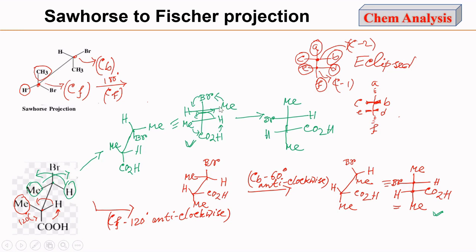So after the three group exchange on the two carbon atoms, we are seeing that this structure is resulted, and we can compare these two structures, that is this one and this one, that is both the two structures are similar. So we can keep any of the substituents on the chiral carbon atom along the vertical axis in the Fischer projection formula. Now let's see how we can convert a Fischer projection formula to a Sawhorse structure.